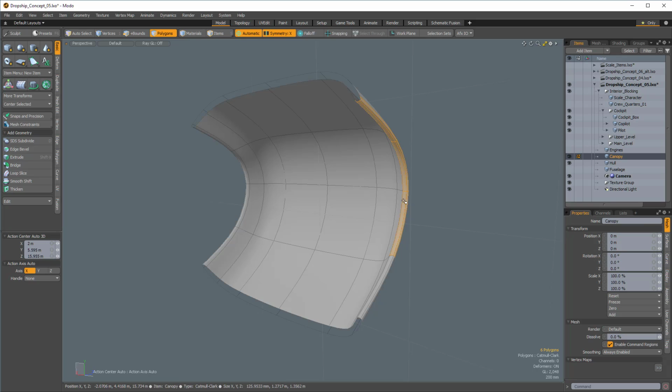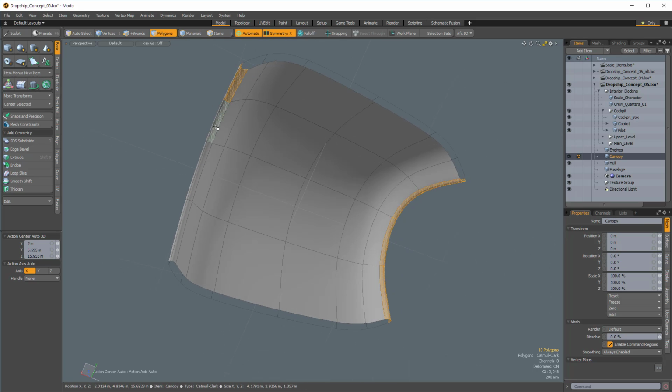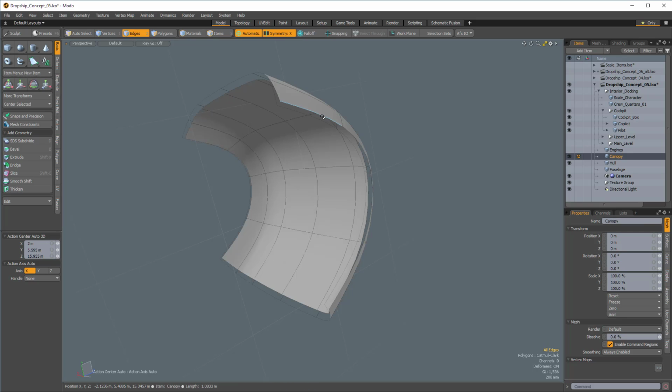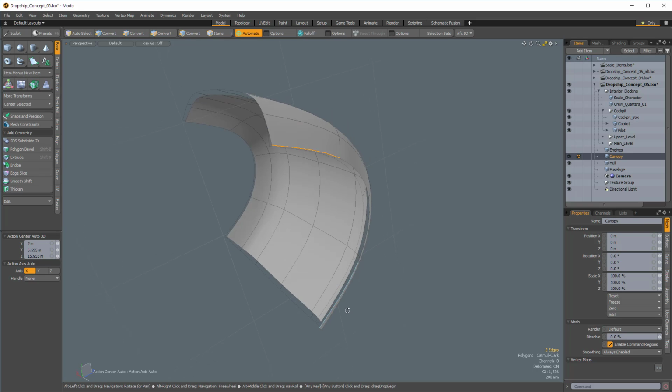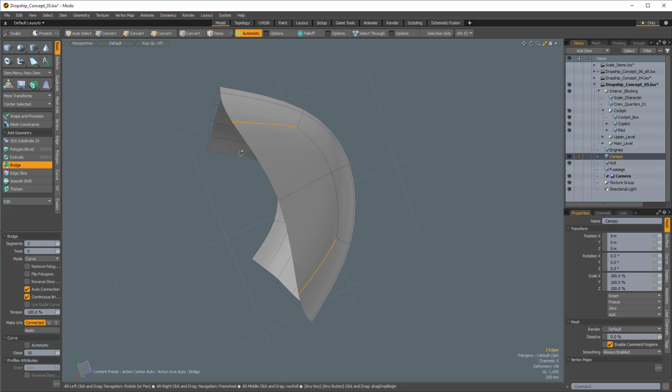So let's get all these guys, these guys, these guys, and it looks like it did not auto-select my symmetry, so that's okay. So we'll take those and cut them out. So now I can just bridge edge to edge. So if I take these two polygons or these two edges here and run the bridge tool and click,